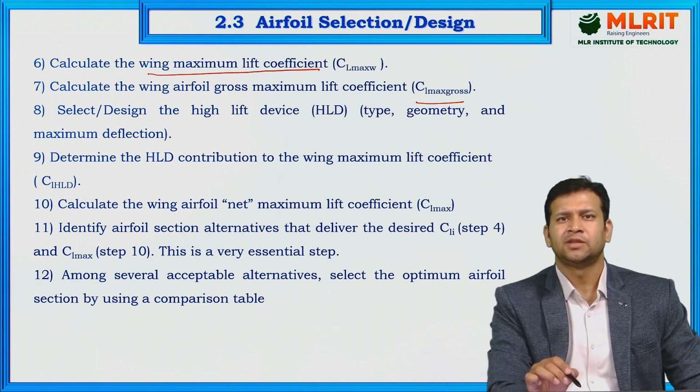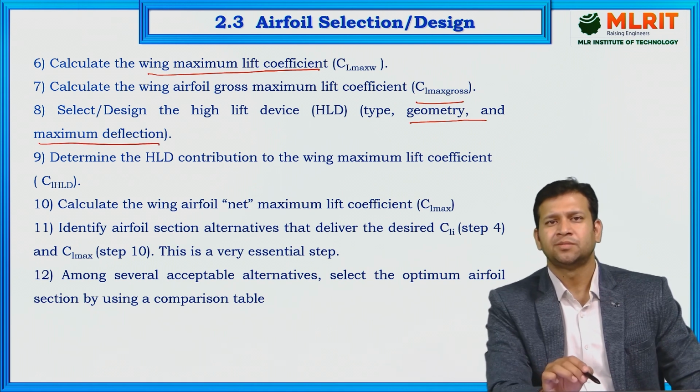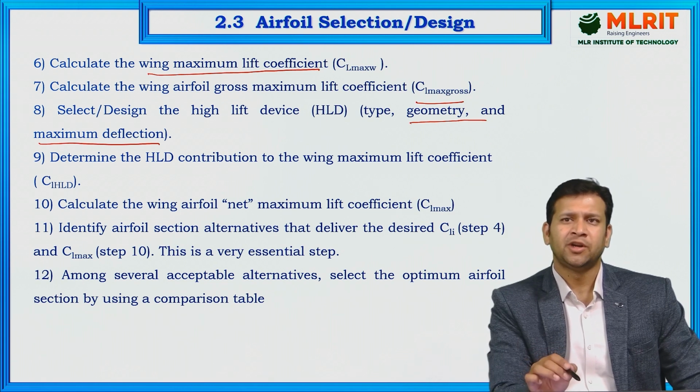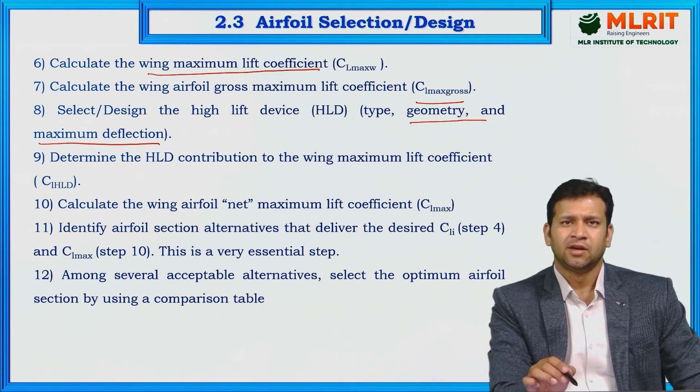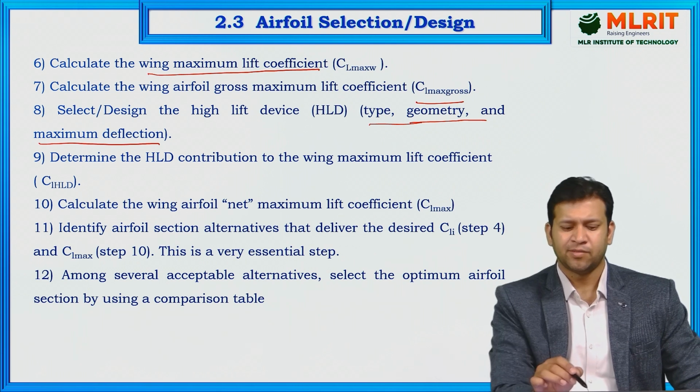We'll select or design the high lift device, for example, the flaps, ailerons, elevators, rudders, any other primary or secondary control surfaces which we are using here. We'll check the performance of that and then we'll integrate it. We'll determine the high lifting device contribution to the wing maximum lift coefficient. After that, we'll calculate the wing airfoil net maximum lift coefficient,